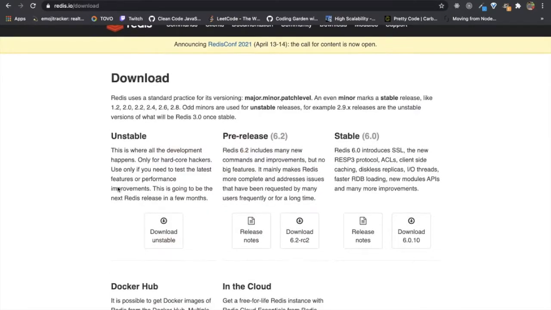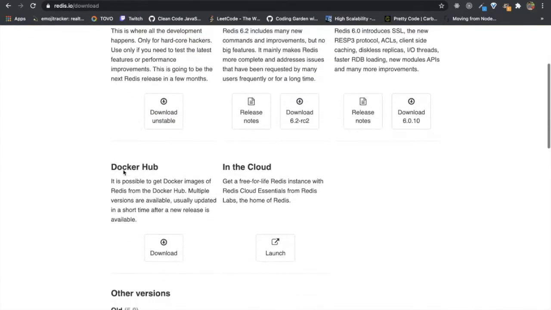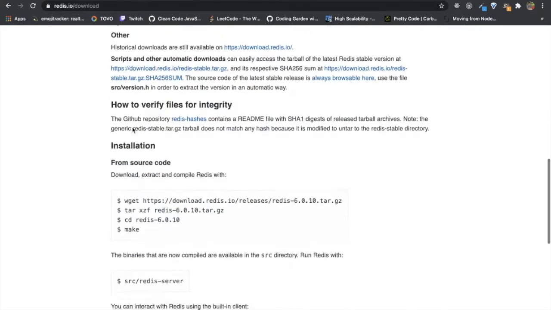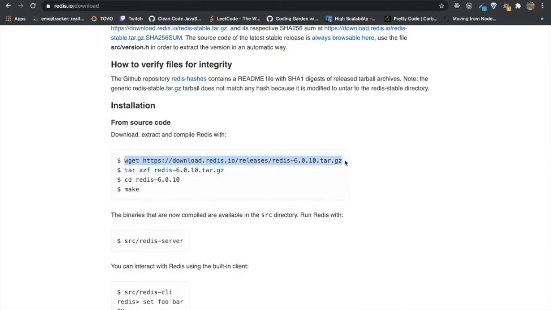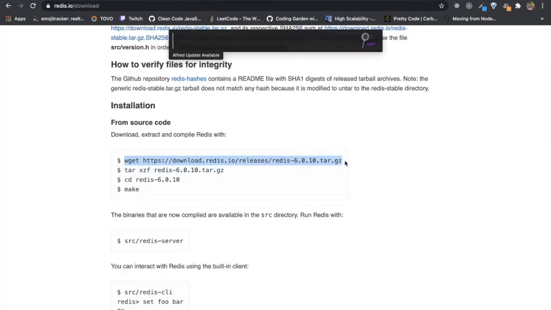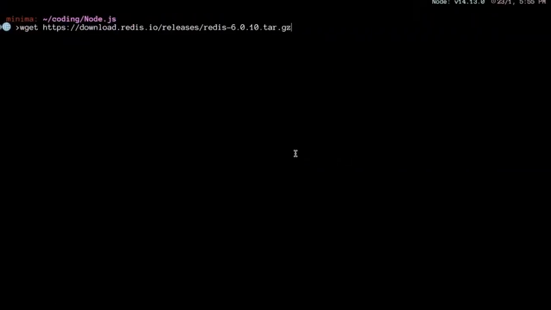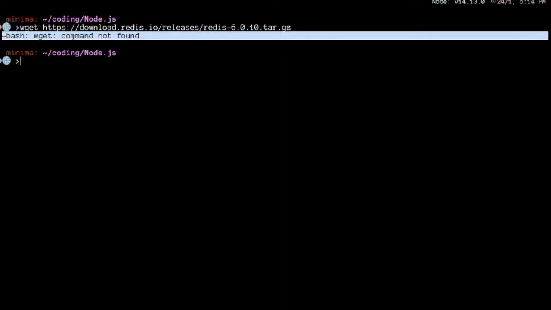Redis is a very popular in-memory data store which can also be used as a database. So let's copy the wget package extraction command here and open iTerm. We'll paste it and hit enter. So this error came, and as you can see, this is a little bit predictable as the wget command is not installed on my system. I can try to look on the internet, install this wget command and then rerun this Redis installation command. But guys, see, this is the whole point, right?